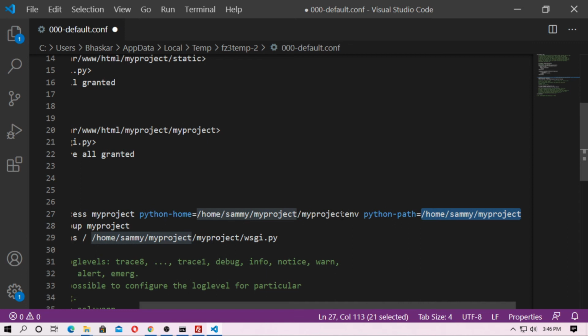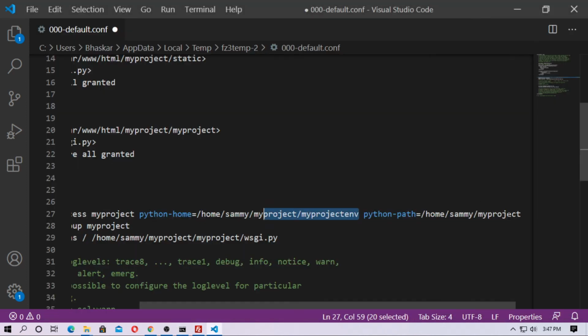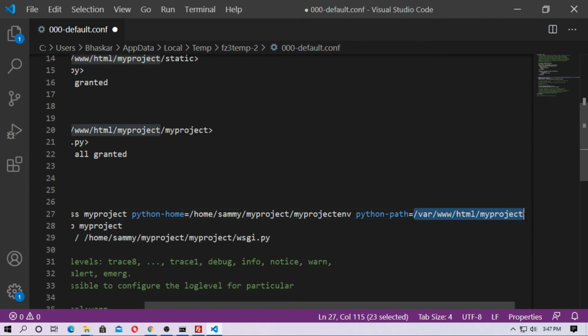Okay, so at first you have to type the path of your environment. So just open the console and just type ls. I am in the directory of manage.py. So just copy the dir and paste here Python path. Okay, this is my Python path.